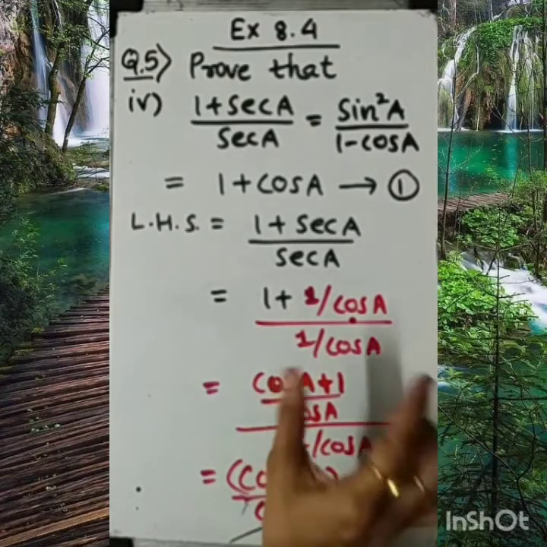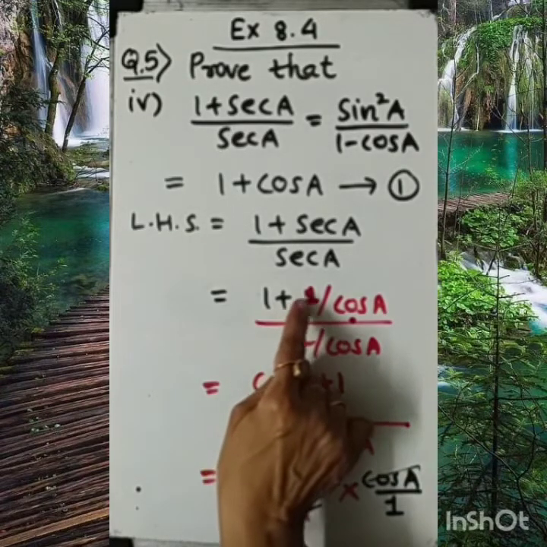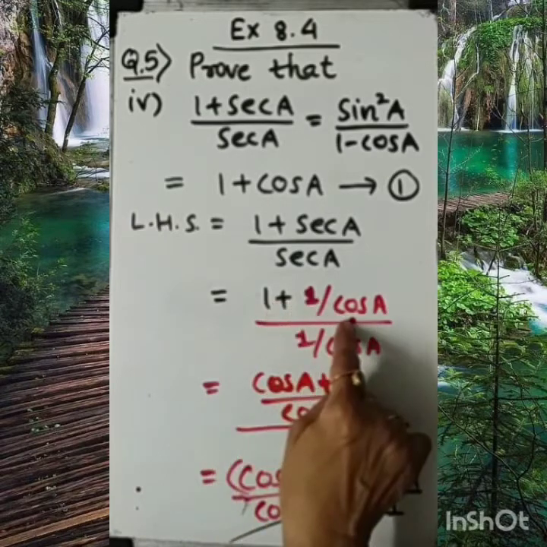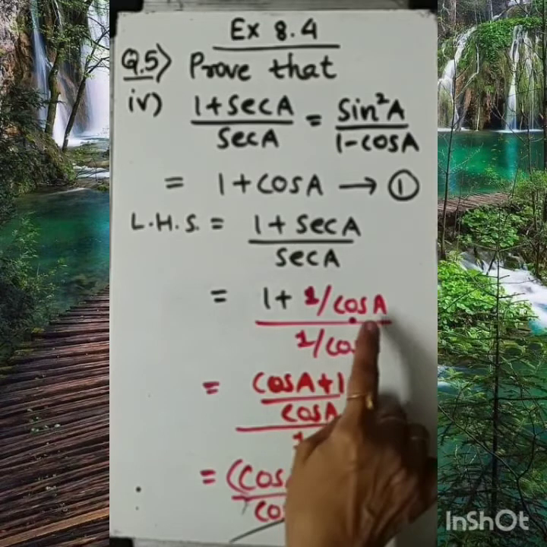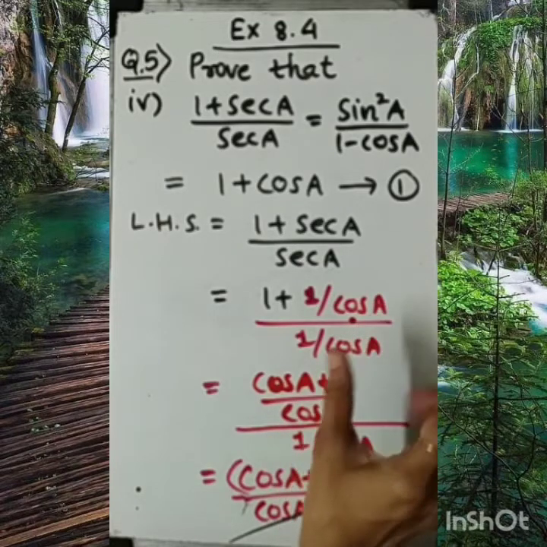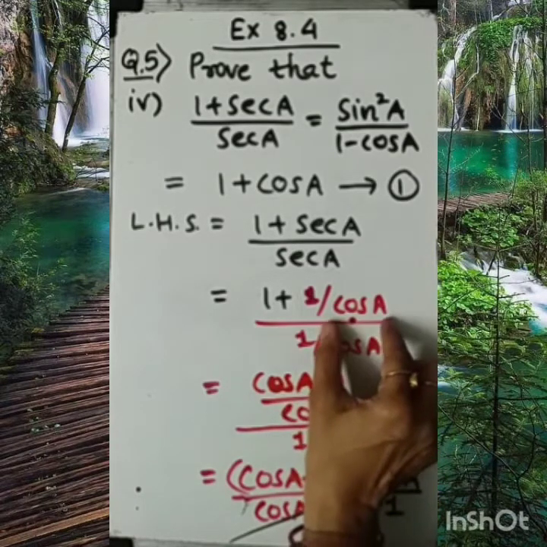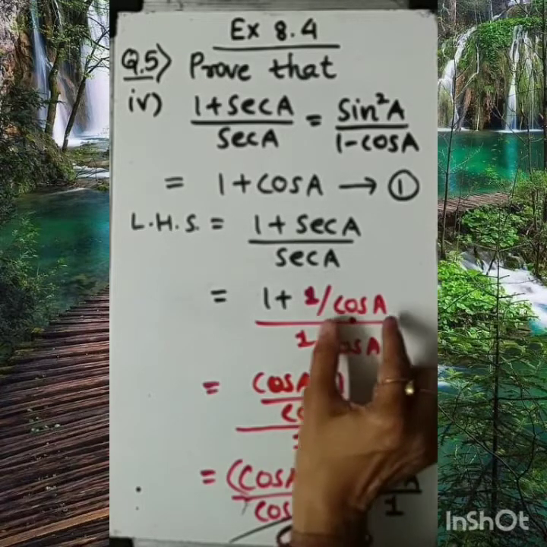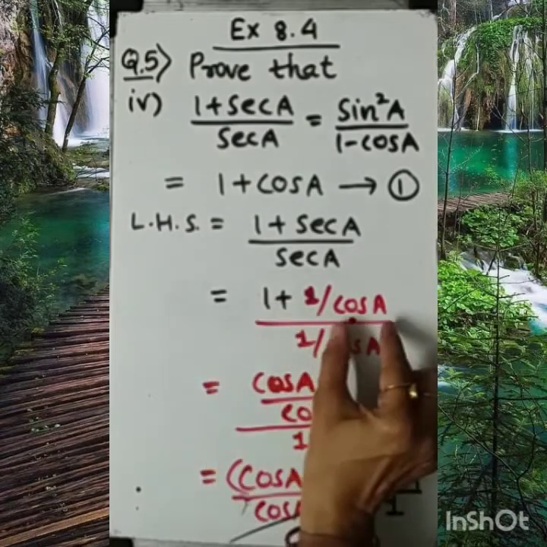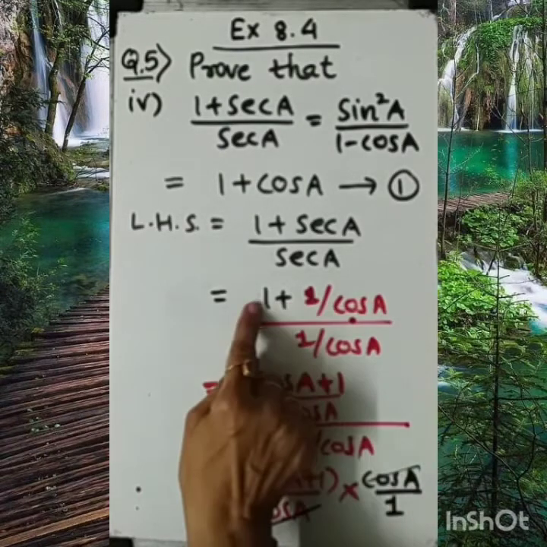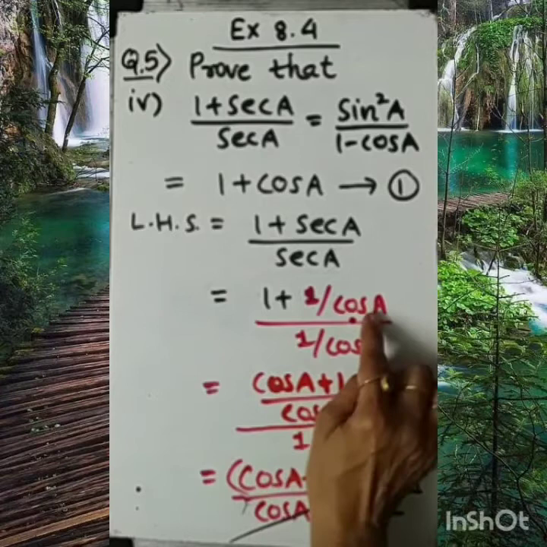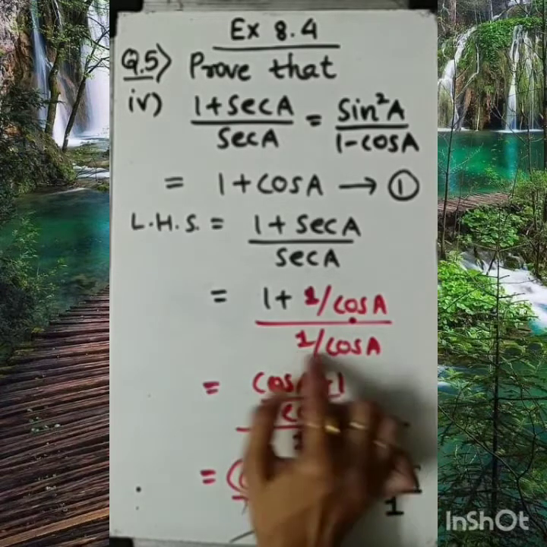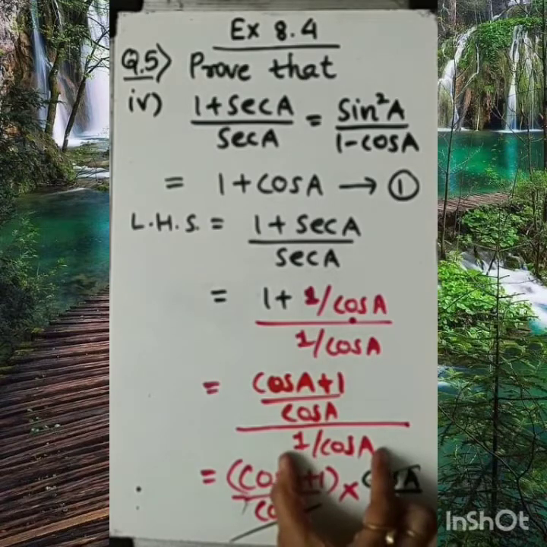Now very simple technique. If I have here 1 plus 1 by 3, then I need to take LCM as 3 plus 1 by 3. Just like similar procedure, think that cos A is a numerical term. Though it is a trigonometric ratio, think that it is a numerical term. So similar procedure as we did for the fractional number. Here cos A plus 1 will be in numerator and this cos A as an LCM. And this 1 by cos A remains as it is in denominator.